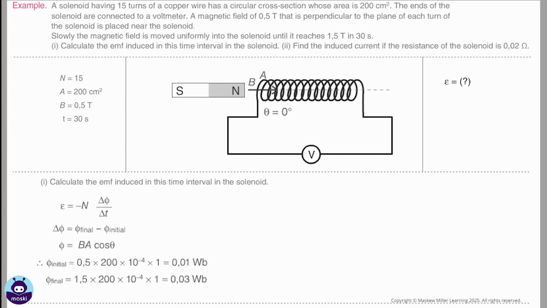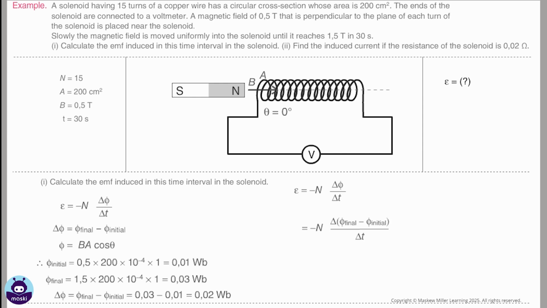Phi final equals 1.5 times 200 times 10 to the power negative 4 times 1 equals 0.03 Weber. Delta phi equals phi final minus phi initial equals 0.03 minus 0.01 equals 0.02 Weber. The induced EMF is given by EMF epsilon equals negative n times delta phi over delta